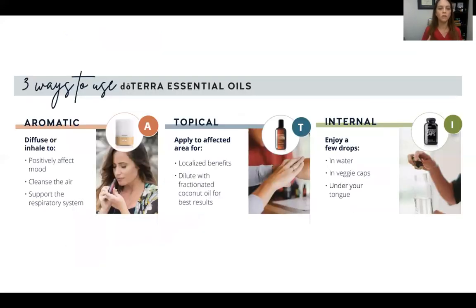So now you've heard me talk a little bit about how to use it, but now I'm going to spend a little bit of time on detailing how to use them specifically. So there are 3 ways: aromatic, topical, and internal. So aromatic, if you can see my diffuser here,